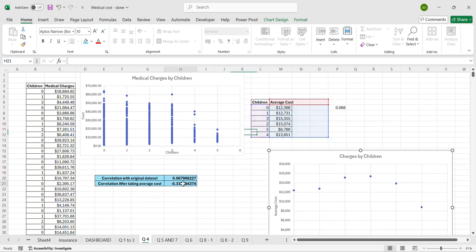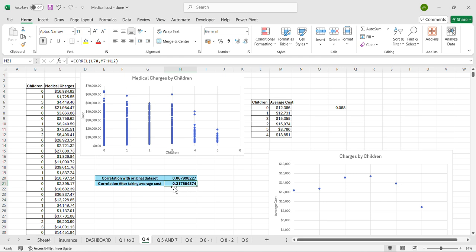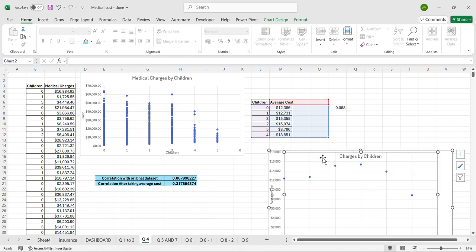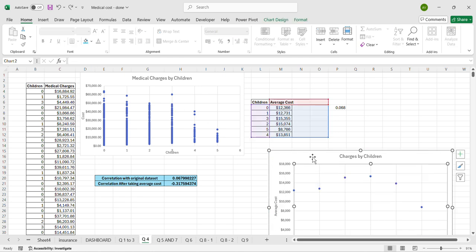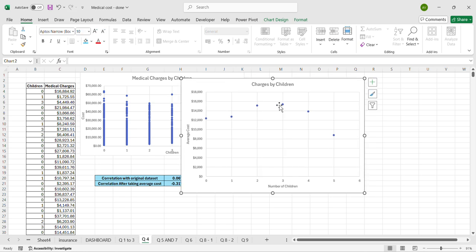correlation between these two, we get a negative correlation of approximately 0.3, which means that if you have a higher number of children, you spend less, which is not actually true, because from the trend you can see that initially it increases and then later on it decreases, right? Initially it increases slightly and then the decrease is very high, and the decrease is high, that's why the correlation